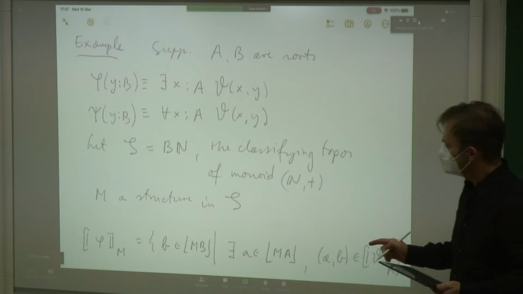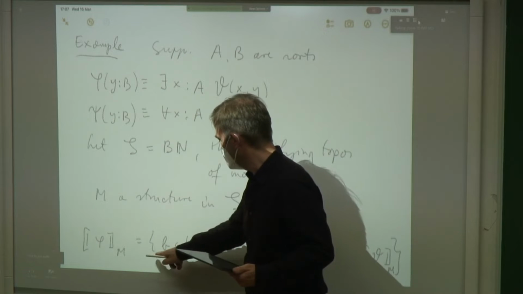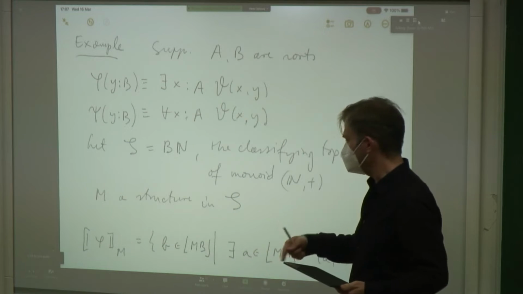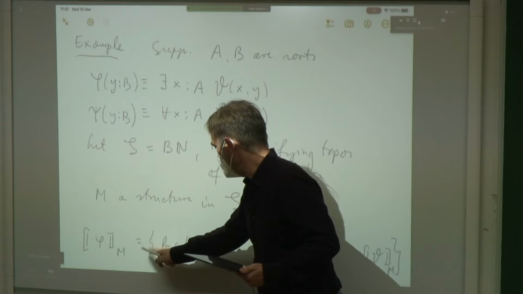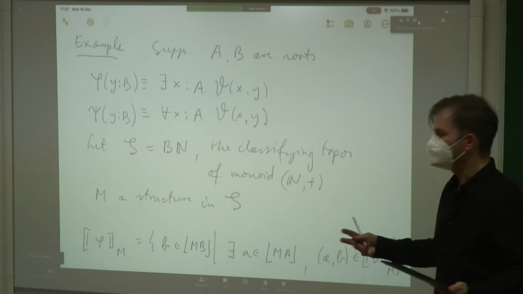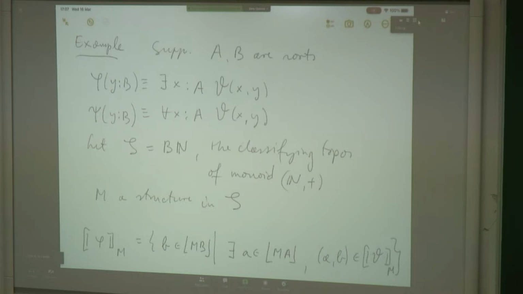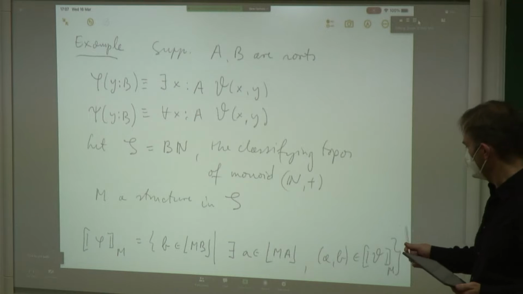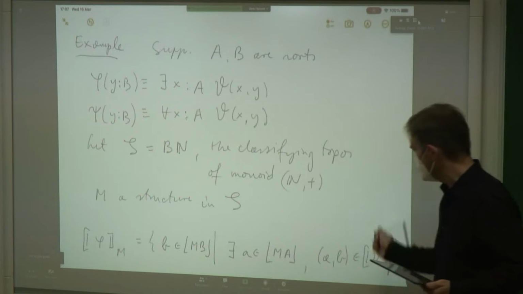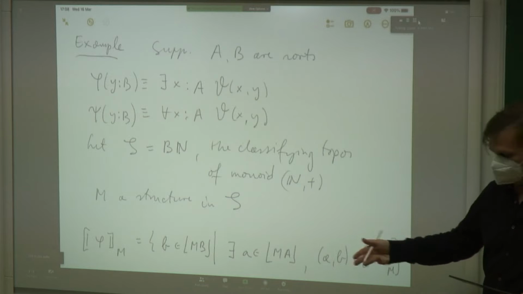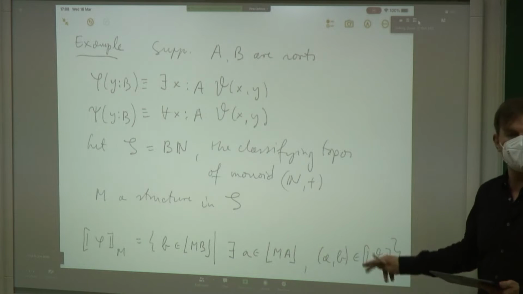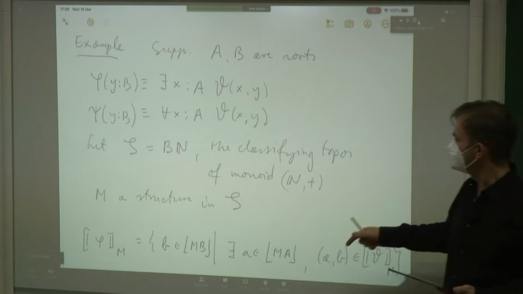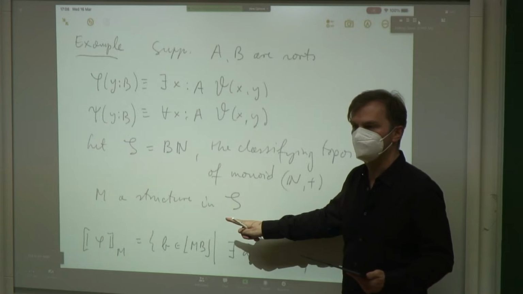Okay? Now, the action on these things is going to be inherited from MB itself, right? So n dot B is simply going to be inherited from MB, and you can show that this condition makes this set closed under the action. So it's really an action. Okay, so this looks as expected. This would be exactly the same if we were interpreting this inside sets.